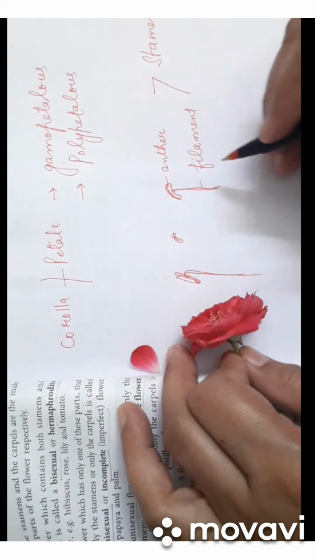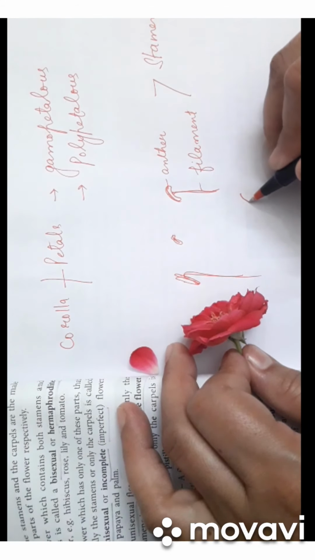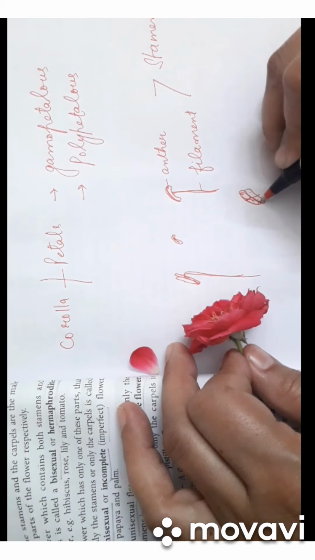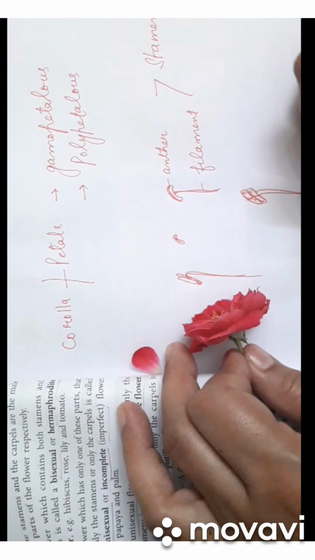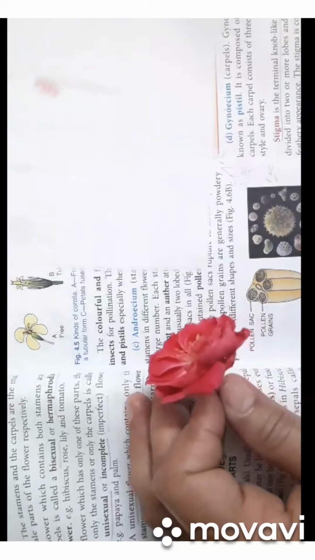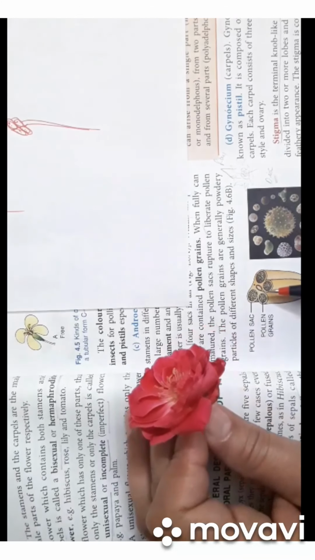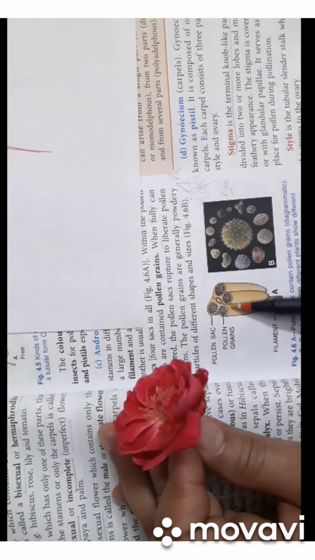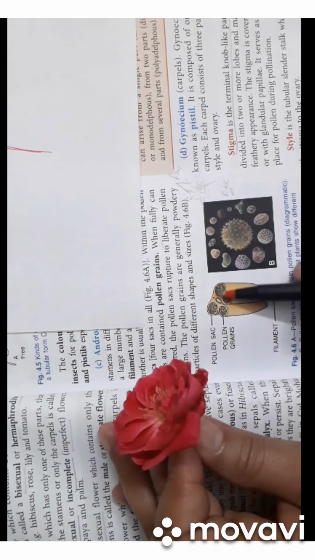And each lobe has two sacs, this one lobe, the second lobe. So each lobe has two sacs. So 1, 2, 3, 4, total 4 sacs which contain the pollen grains. We call them pollen sacs, and they contain the pollen grains. You can see from here, this is the transverse section, TS section of anther. This is the bilobed anther, and each lobe has two pollen sacs, and they contain pollen grains.